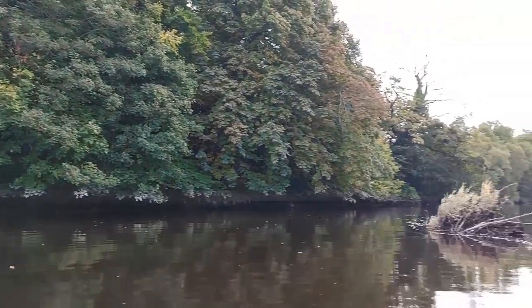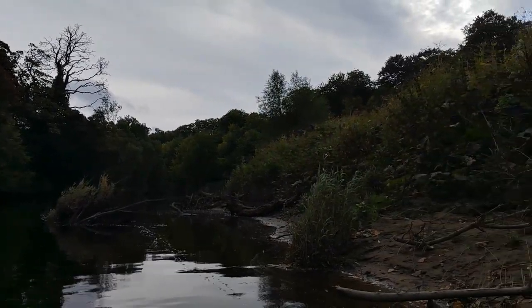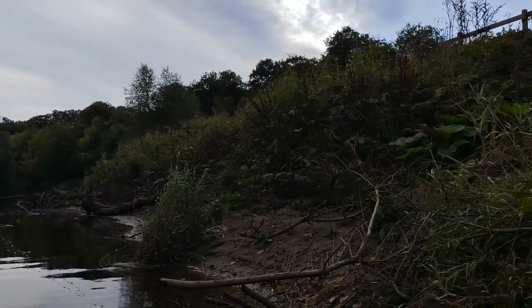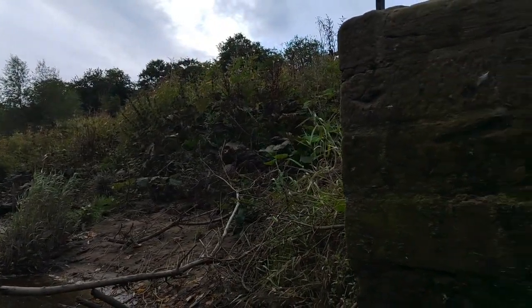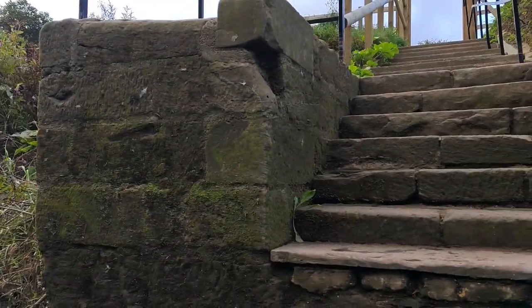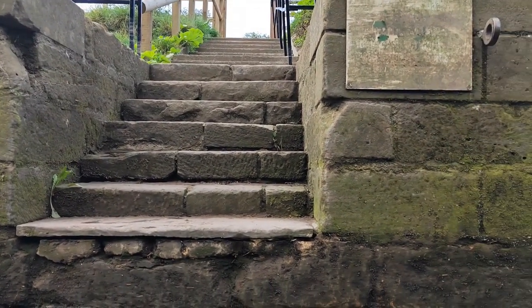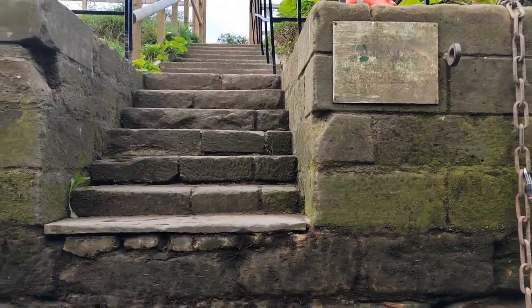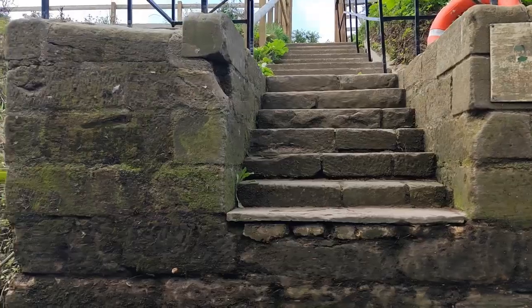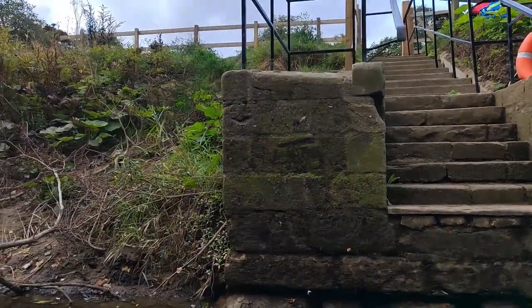Today we're heading across the River Coquet in Northumberland to see an interesting religious building. This is Warkworth Hermitage, not far from Warkworth Castle and Warkworth Village. And this was a place for priests to stay a while in contemplation, as in Warkworth Castle there was actually